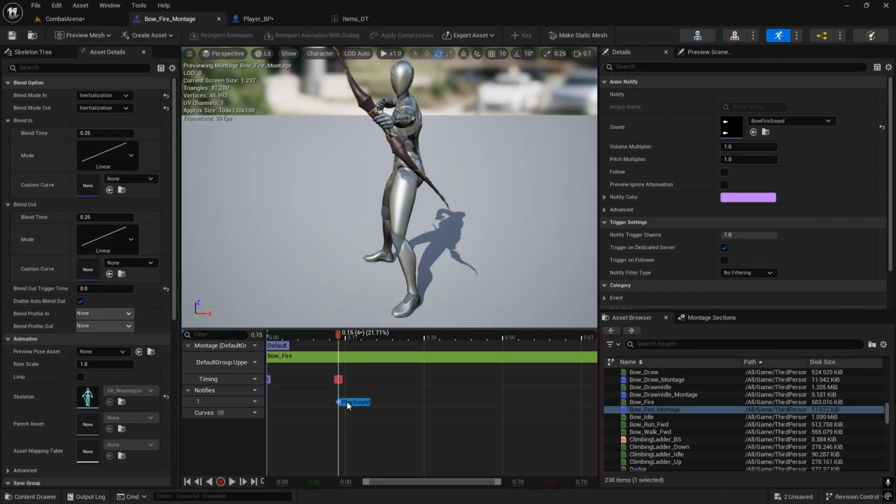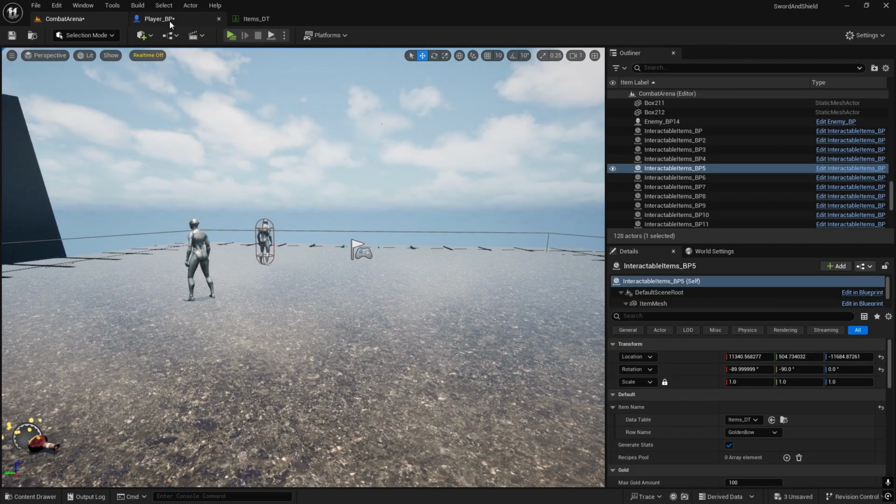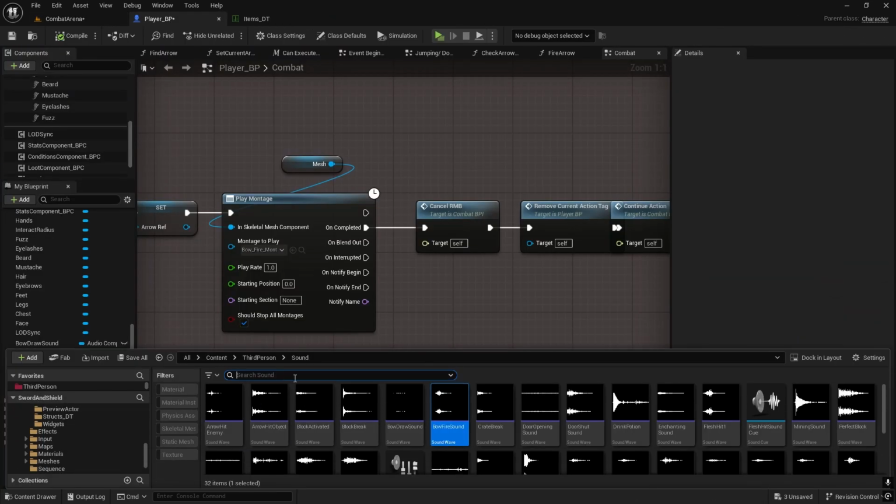I'll maybe move it a little bit before because I think there is a slight delay. I cut those sounds to start straight away, but there might be a little break in between. So that's bow fire. And then we need to do arrow hit sounds, and those ones we're going to set